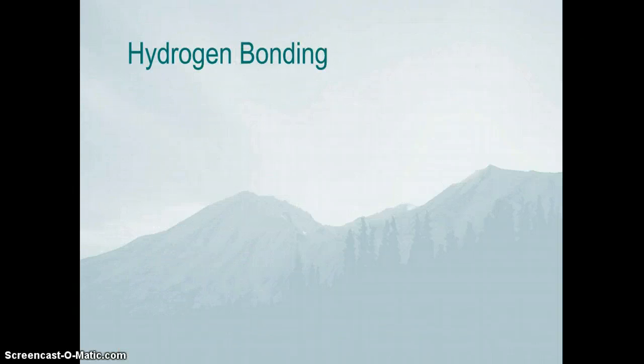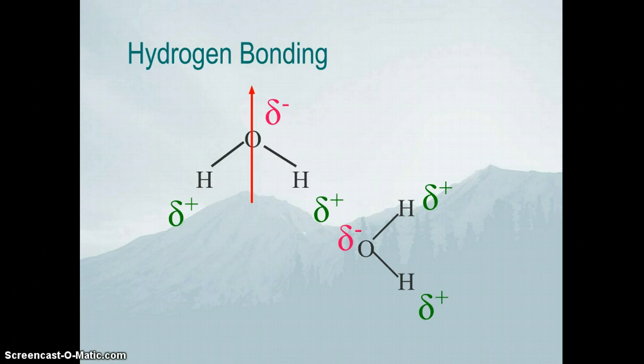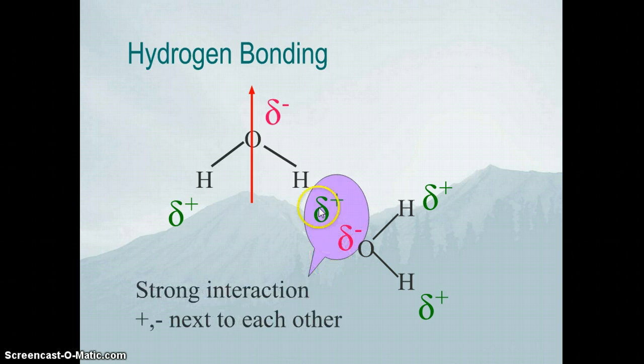So one more form of intermolecular force is hydrogen bonding. Here are two water molecules, and this water molecule has an overall dipole moment, going right through here. I have my hydrogen atom, which has a partial positive charge, and I have my oxygen from the other molecule that has a partial negative charge. So this is sort of a dipole moment interaction, but because of the hydrogen being so small, because remember hydrogen is just a bare proton,